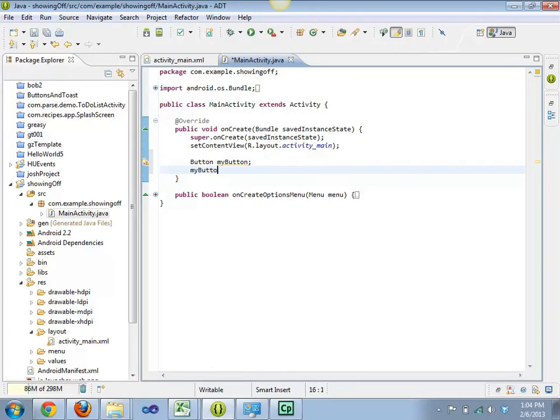So it would be myButton equals what? Open paren, capital B Button, and then after the close paren, lowercase f-i-n-d, findViewById, R.id